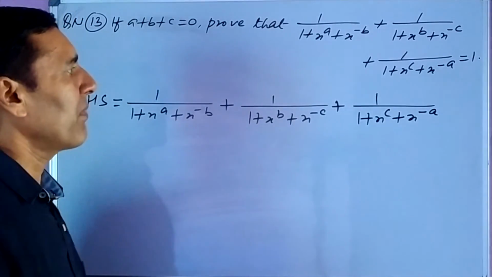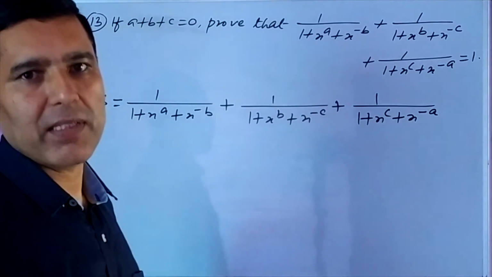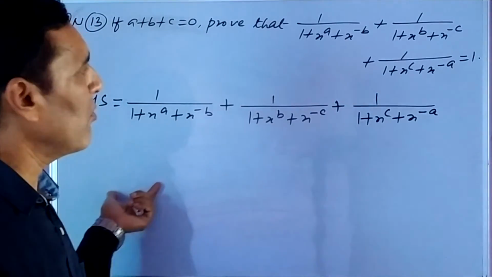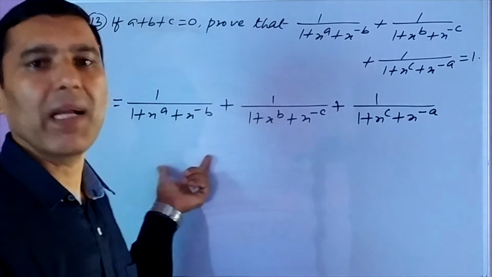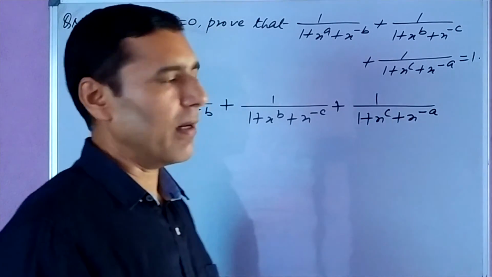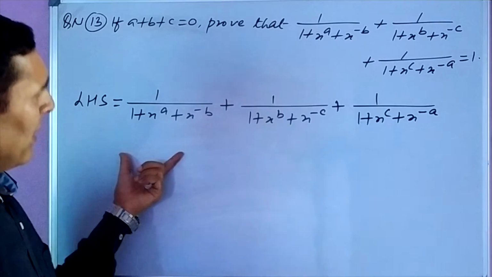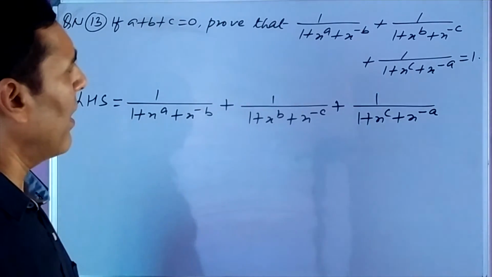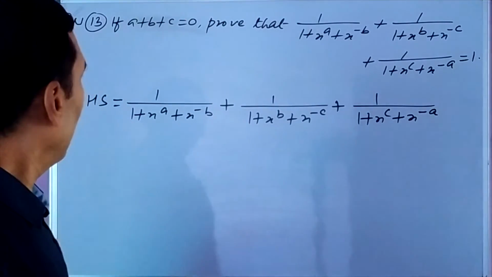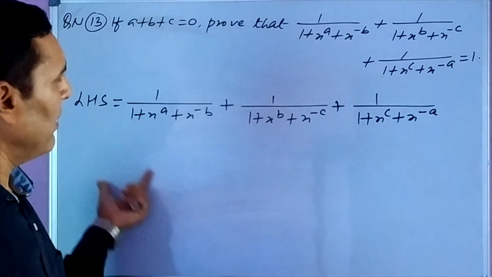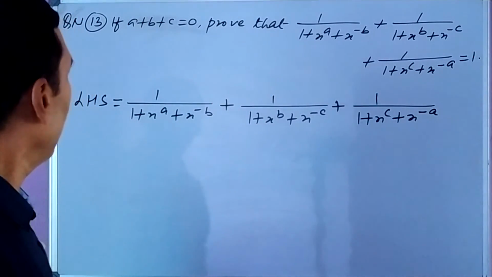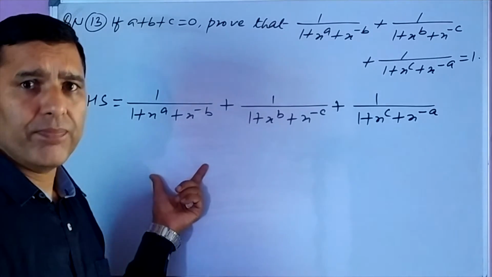Main thing here, our objective is to make the same base. How can we make the same base? Unless making the base same, we cannot take the LCM. Without taking LCM, we cannot simplify it. And without simplifying, we will not get the required right hand side. So we use one technique here to get the same denominator. Maybe there are other techniques also. The first technique which I am using here, I think it will be easier than the others. It is shorter also.